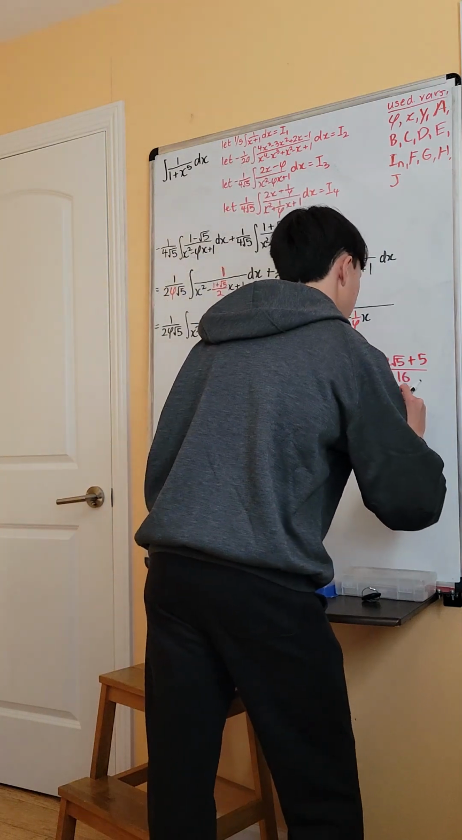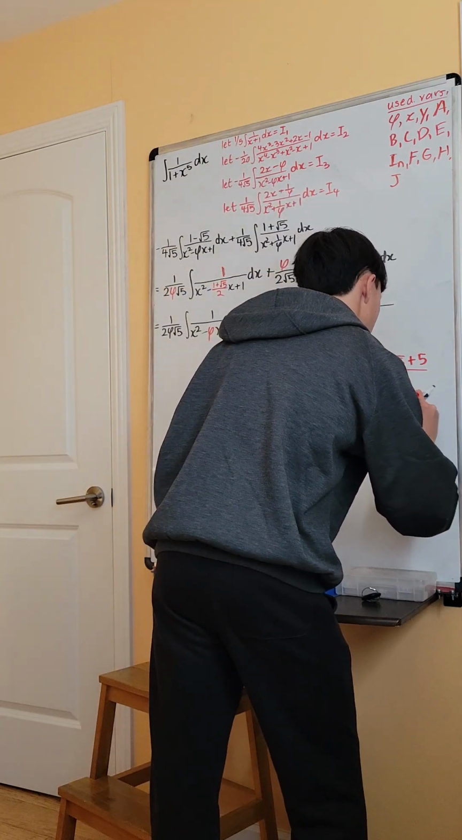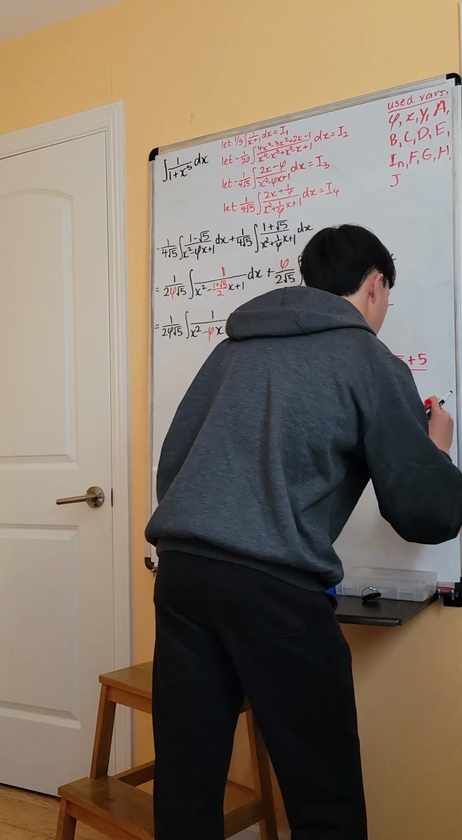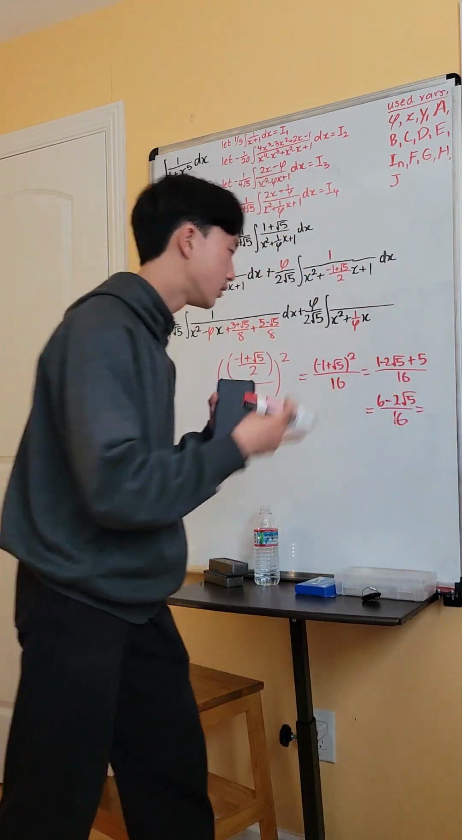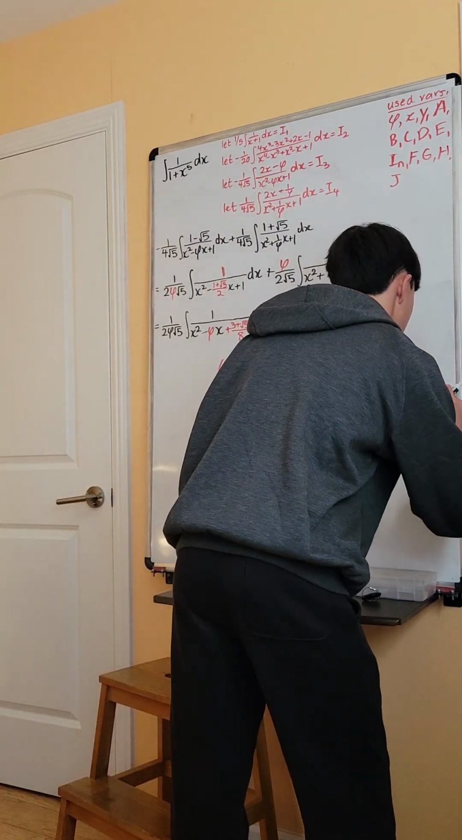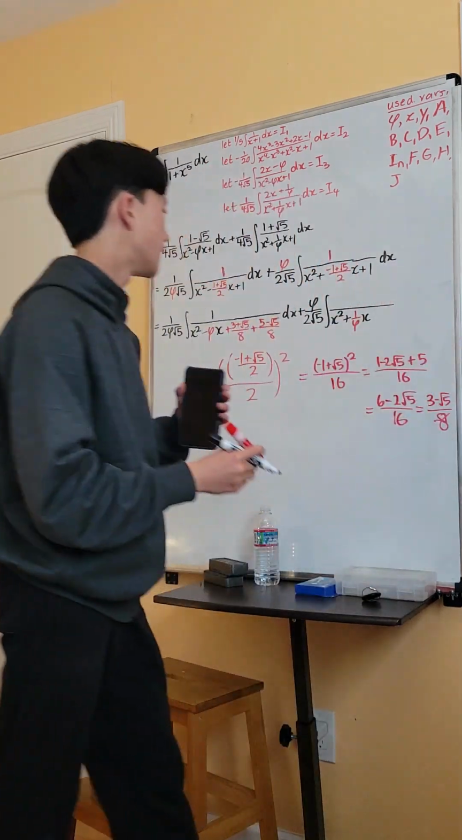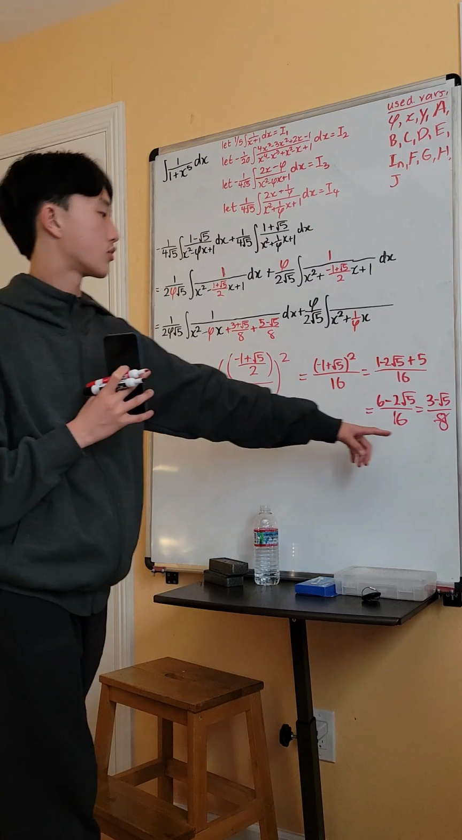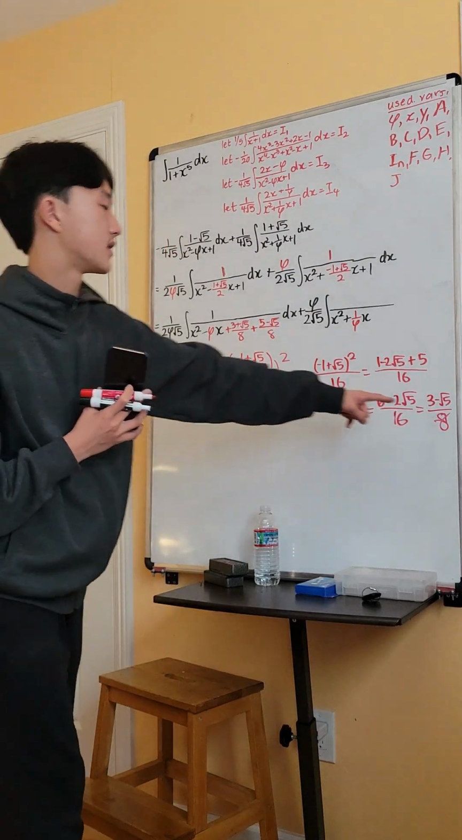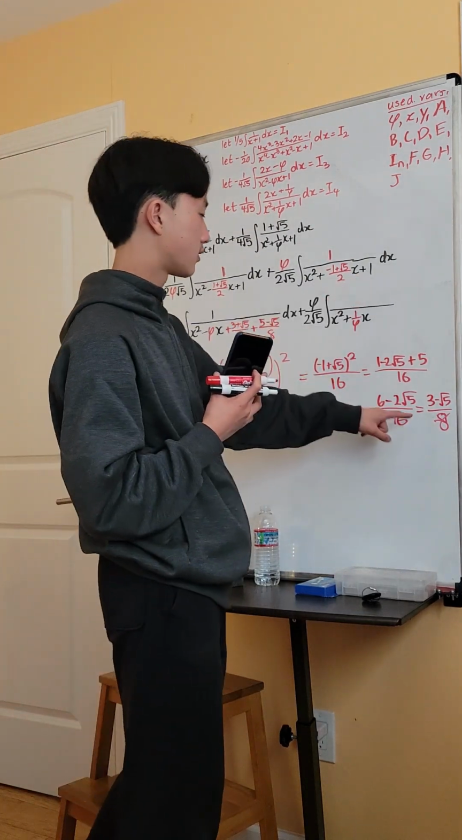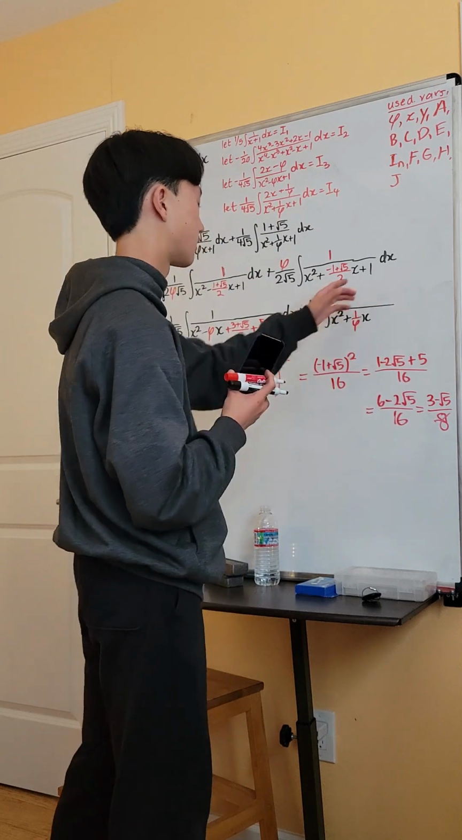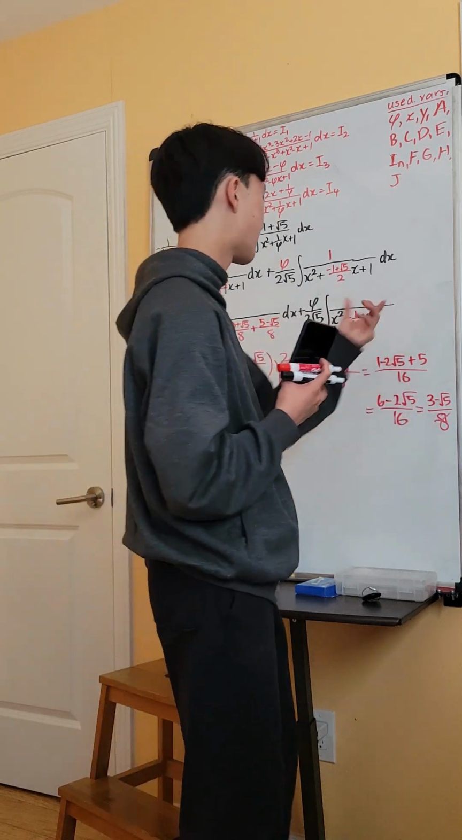6 minus 2 root 5 over 16. Then dividing both the top and the bottom by 2, you get 3 minus root 5 over 8. Similar to this, we also have to subtract 1 minus that, because we have this 1 here. If we're adding it, we also have to subtract it. So we add this guy